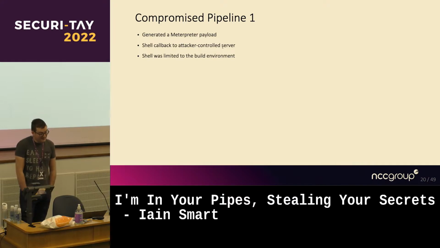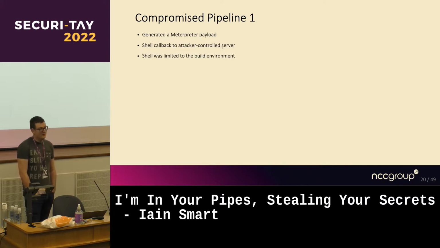So we did the really, really, really technical thing of generating a Meterpreter payload through Metasploit, nothing fancy at all, no AV dodging or anything. And then we just loaded that on a Python simple HTTP server on a dev laptop and said, okay, you can load this jar file from here.